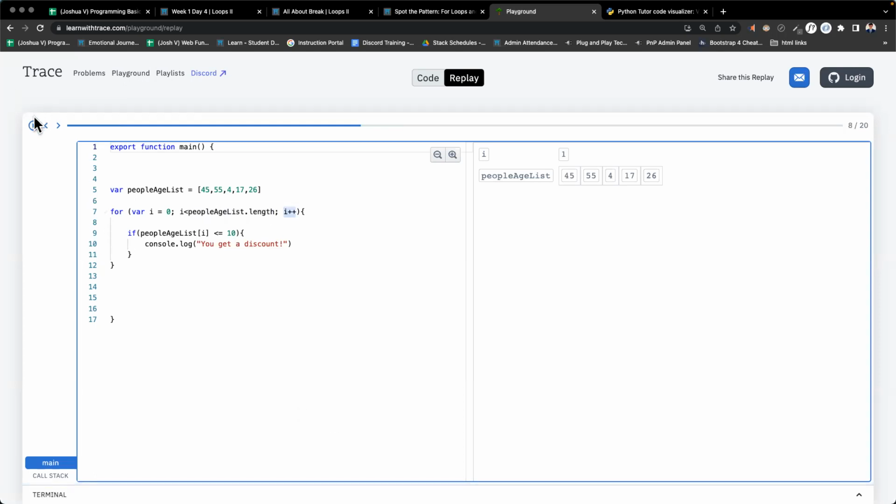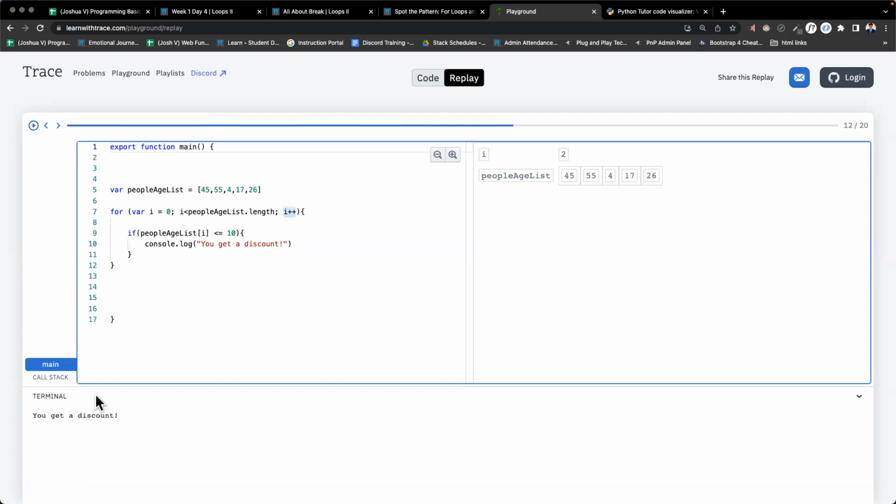Yes. And there we are. Print to our terminal: you get a discount. Will it still iterate through the rest of the list, even though it exited already at index 2? Yes, it still iterates to the end of the list because that's what we told our for loop to do. And for every iteration in our for loop, our if statement is going to check. We want to see through the whole list of people. Maybe there's another 10 or less year old